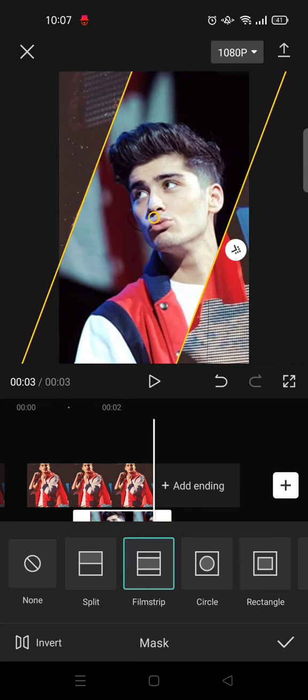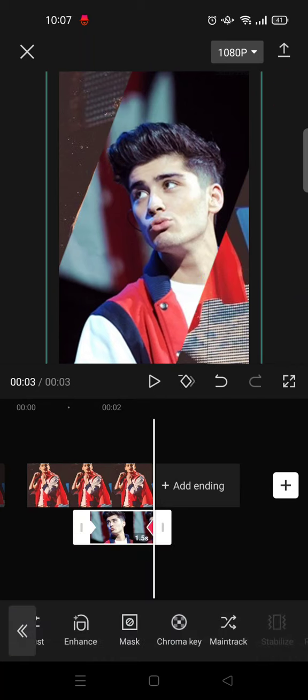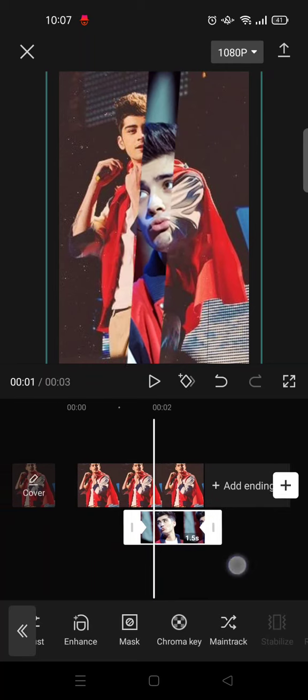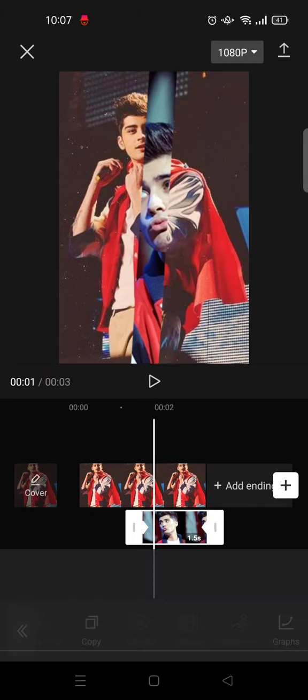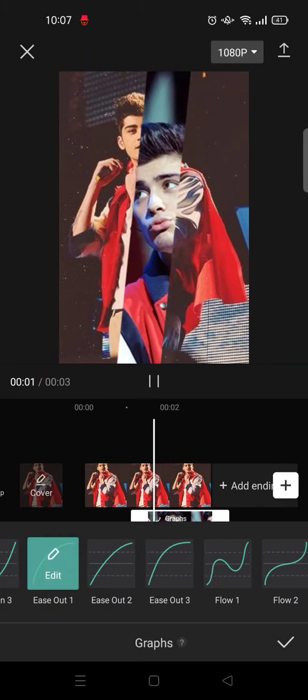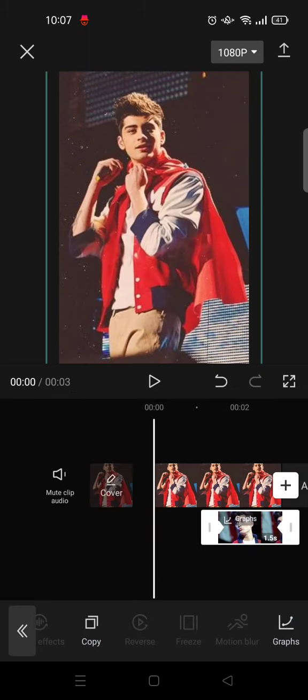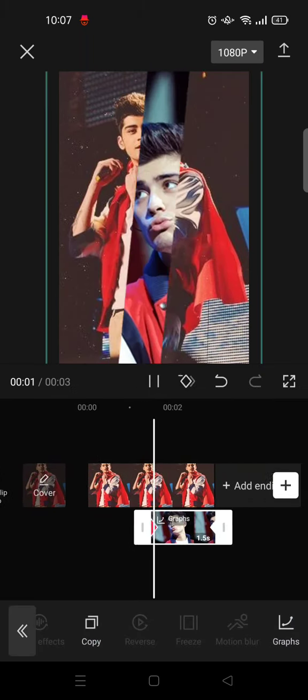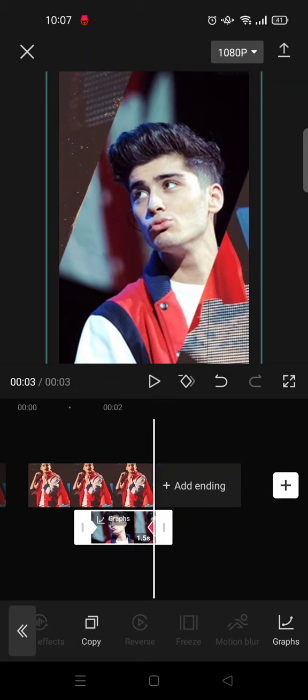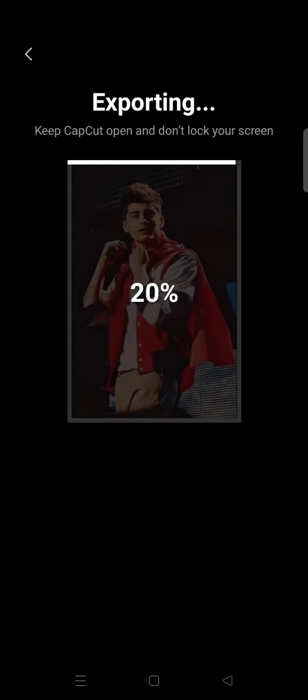Okay, and then click on the check icon, and now go in between the keyframes and then go to graphs and choose ease out 1. Click on the check icon. So here is the preview, and after that export the clips,